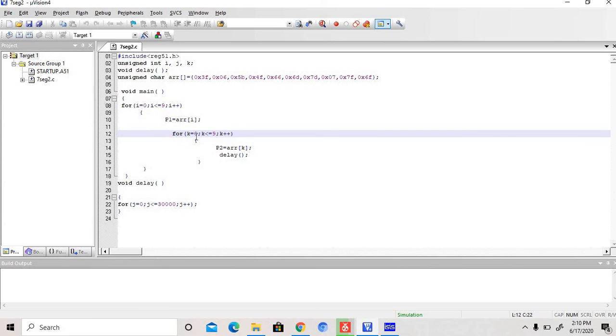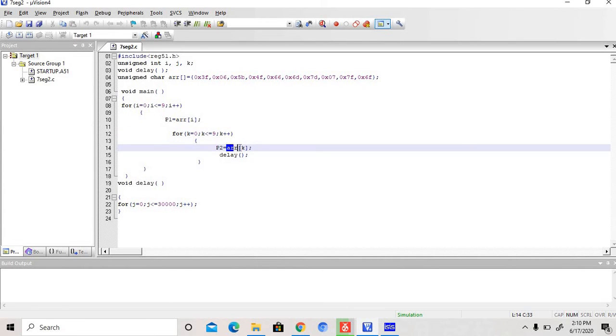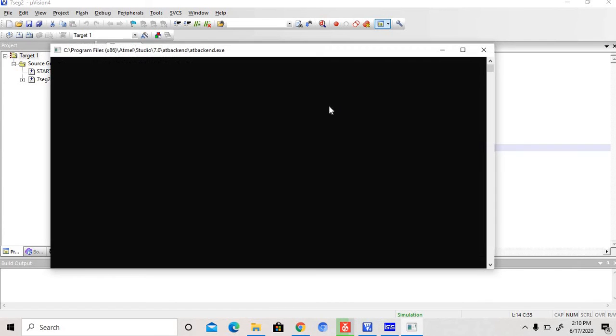Then k equal to 0, k is less than or equal to 9, the condition is true. Then go to the array of k: array of 0 means 3f, put it on the P2 port, then delay, then k plus plus. After that the condition is checked, true, then array of 1 is 0x06, that value is put on the P2 port, then delay, up to 9.